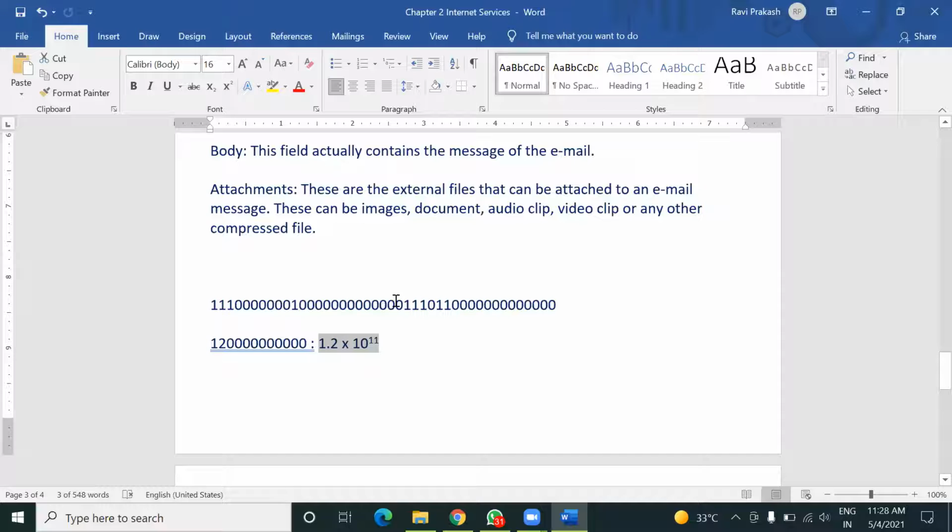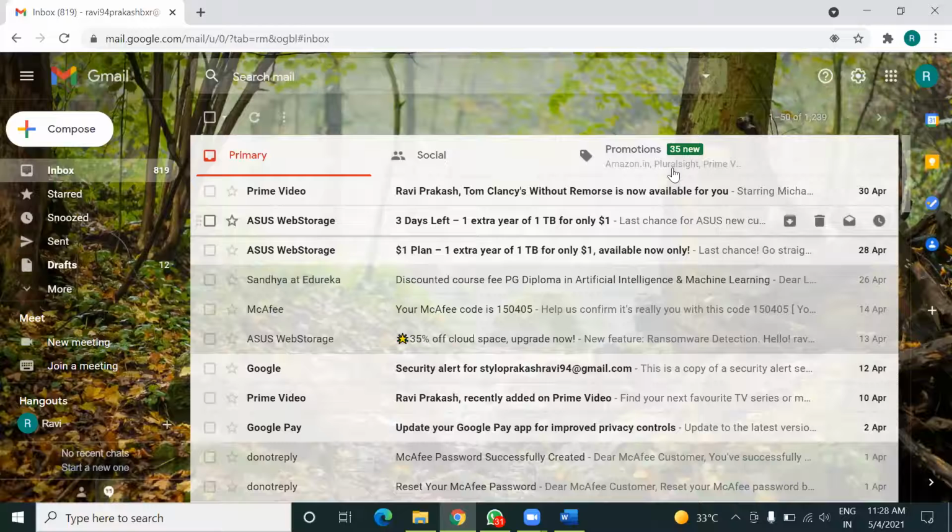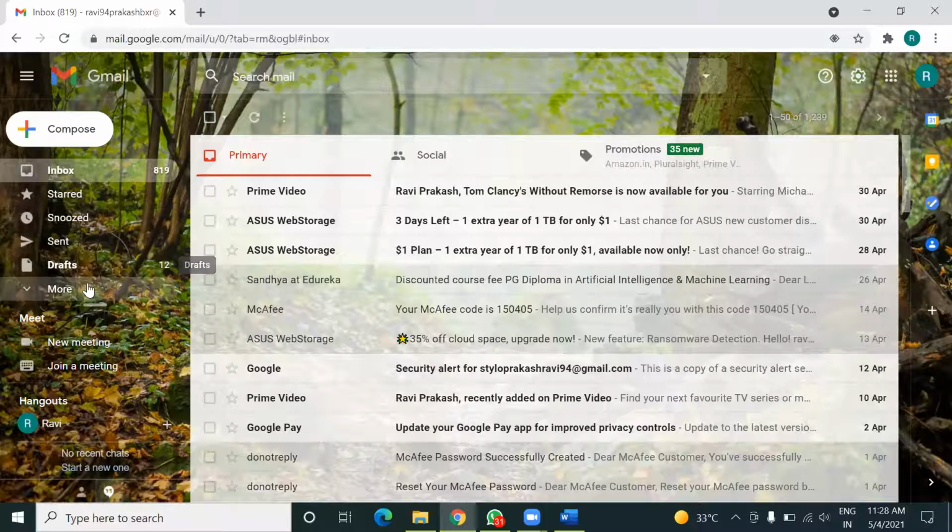Any other question? So here you can see several other buttons. For example, this is the sent button. If I click on this sent button, I'll get all the emails that I had sent before.